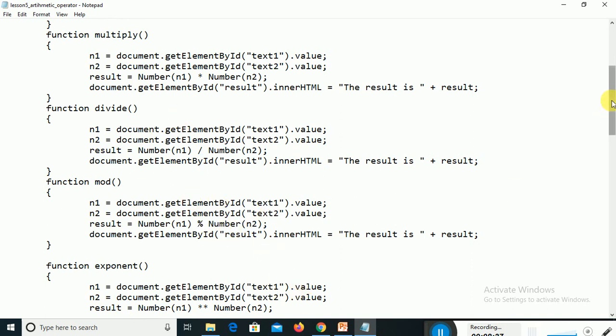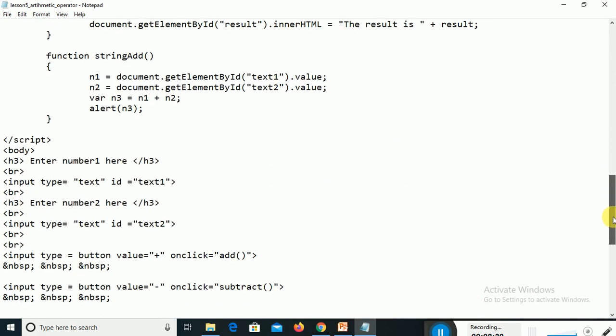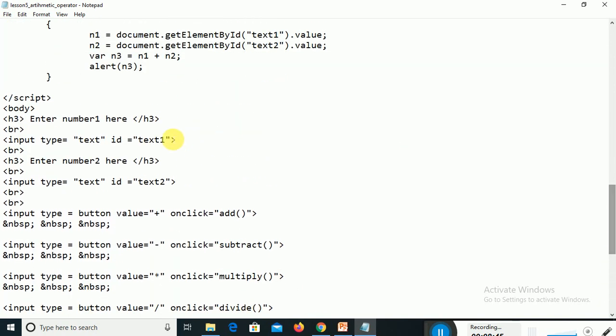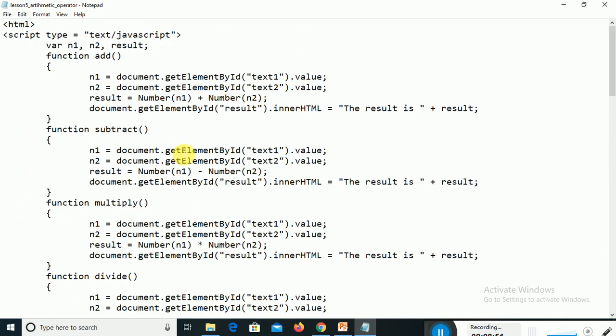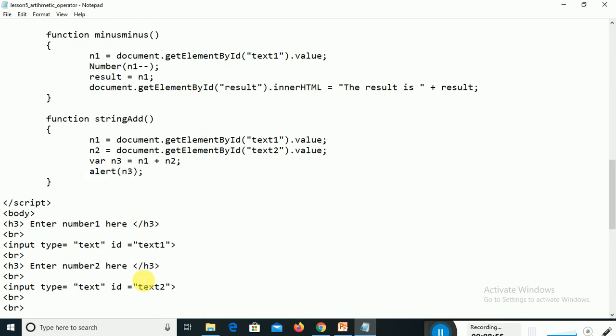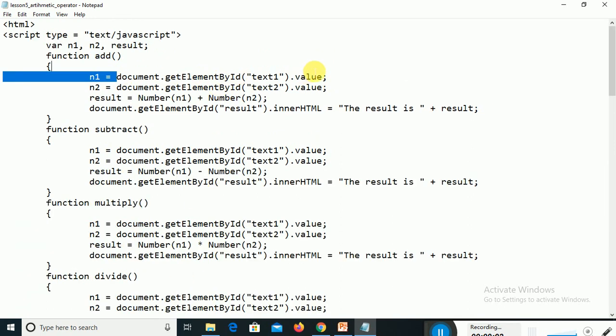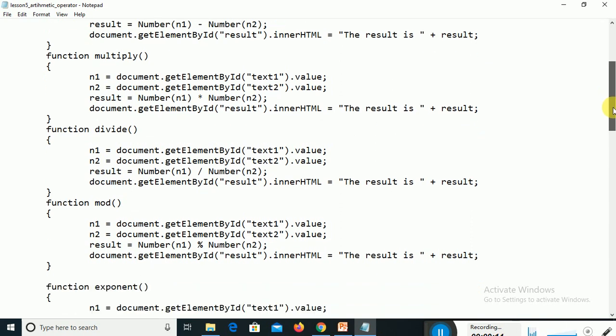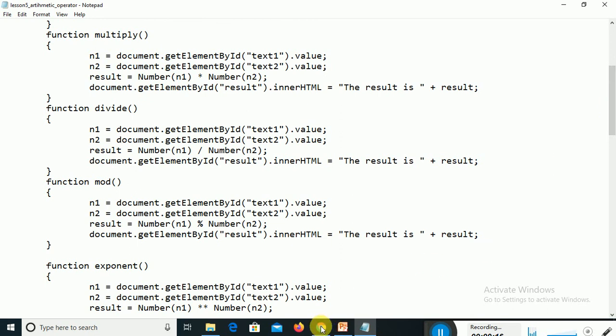Alright. So now if I open the code, if I refresh the screen, let me take 10 and, for example, 3. If you go for modulo division, the result is 1 here. Similarly, I am using the operators plus plus and minus minus. For example, you know that plus plus increments by 1 and minus minus decrements by 1. So if I give 10 here, then click on plus plus, it becomes 11. Then if I wanted to decrement it, I click decrement. 10 minus 1 is 9. So like this it would be decrementing the value.